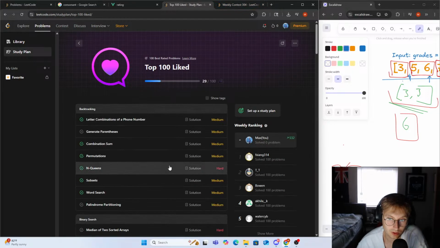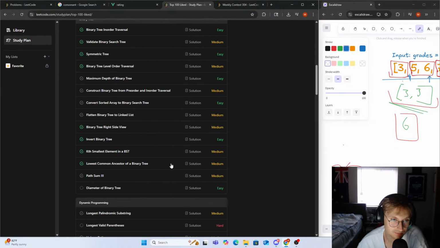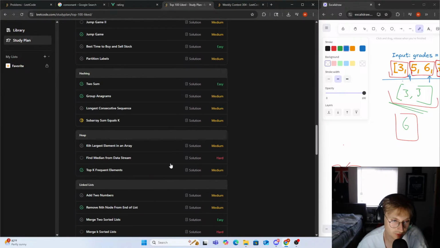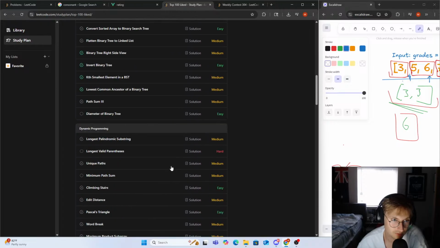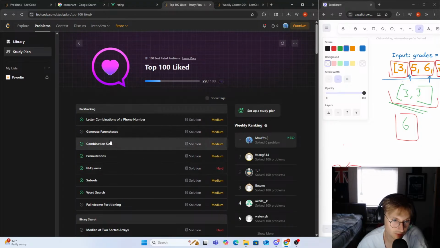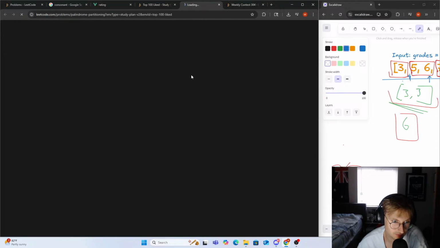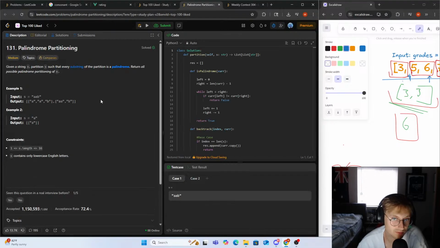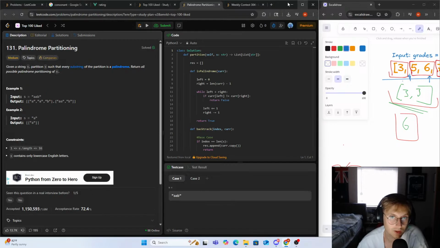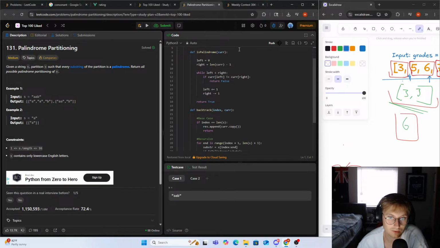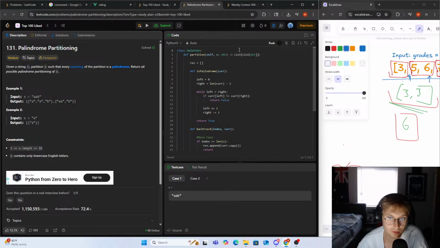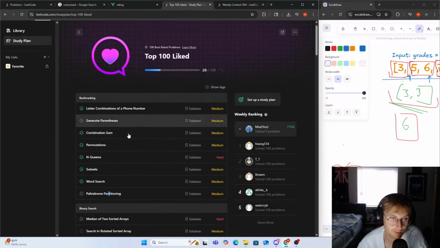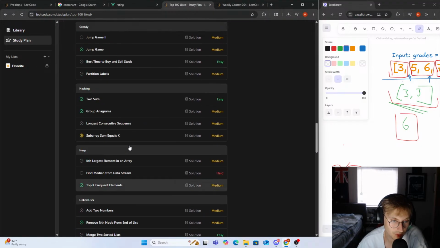I just want to take a look at maybe a problem that we looked at before. Let's take a look at a backtracking problem. I don't know why, I'm feeling a backtracking problem. Palindrome partitioning. Oh, I guess we solved this recently. Okay, maybe not. Maybe we'll look at a